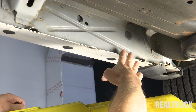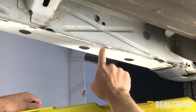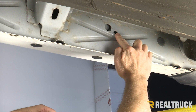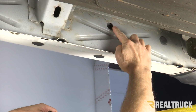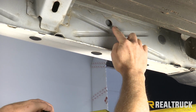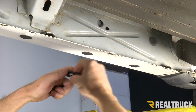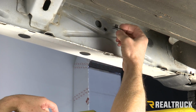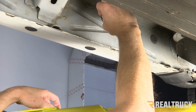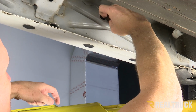All right, so we're going to start on the driver's side right behind the front tire. We're going to follow the pinch weld up to the very first hole in the pinch weld. If we go directly above that, there's also going to be a hole in the rocker panel. Now, just to the left of that, there's going to be a larger hole. You may have a plug inside that hole, which looks just like this plug over here. If you do pop that plug out, then you want to use one of the provided U-nuts. This is going to allow us to put threads behind that hole. So we're going to fit that U-nut in through the larger hole and put the threads right behind the smaller